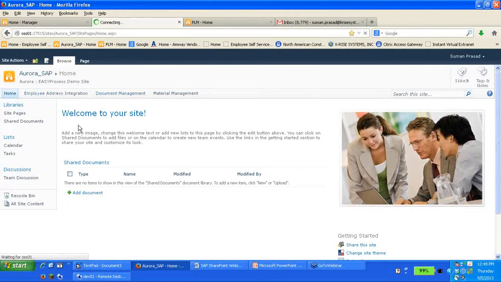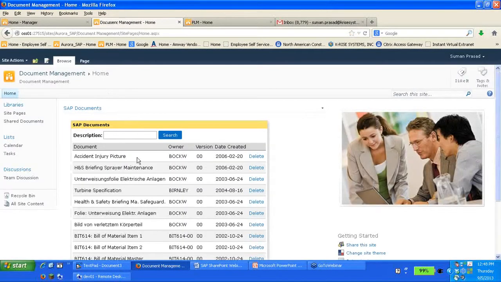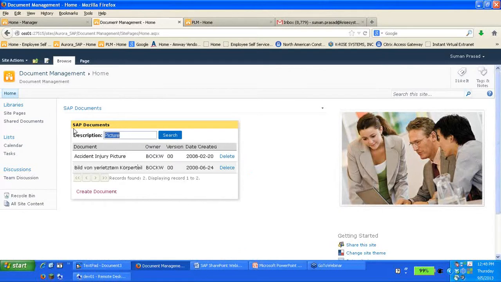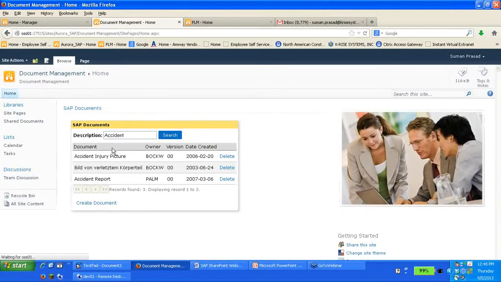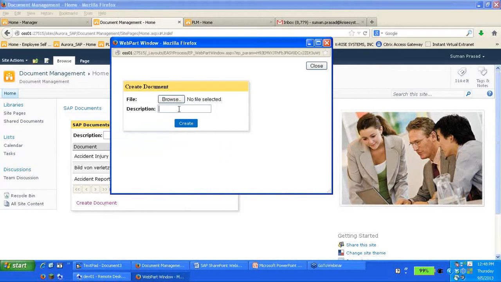we have document management integration. This is connected to DMS of SAP. I can search on it. This is all real-time documents coming from SAP. It allows me to delete it if I was ready to delete it, and I can create a document. So let's make it